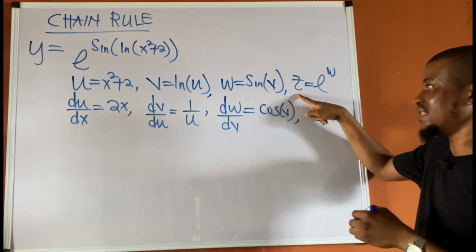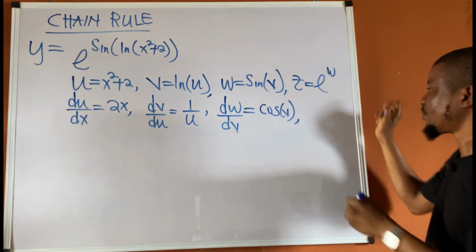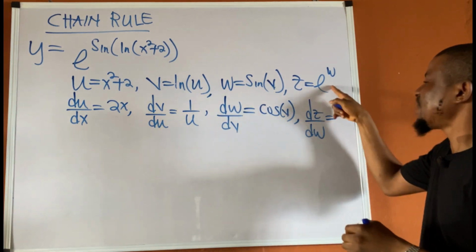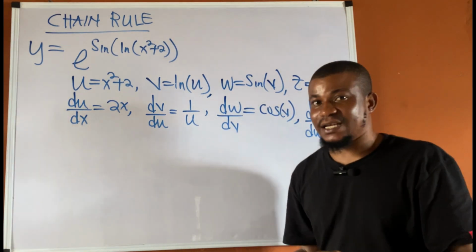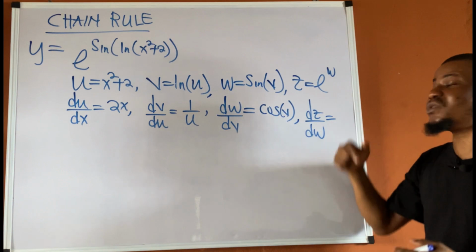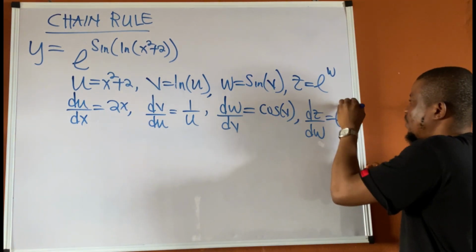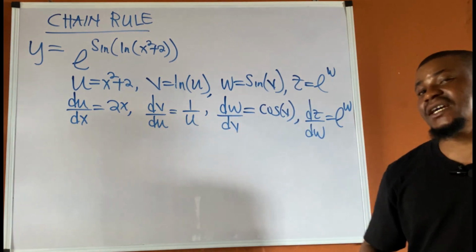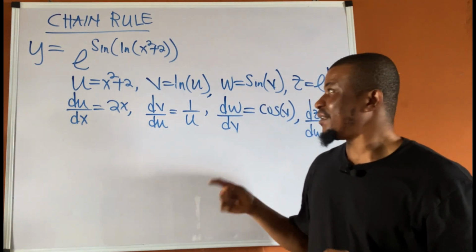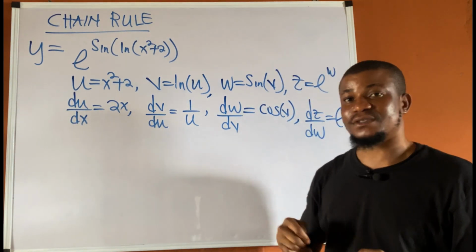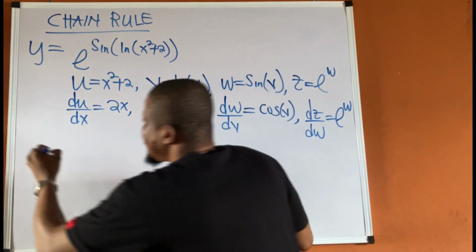Next, I'll differentiate the z with respect to w. So I'll find dz/dw. Differential of exponential x is exponential x. So differential of exponential w will still be exponential w. So I will have exponential w. I've differentiated each of these functions. Now, I can find my dy/dx by simply multiplying these derivatives. As simple as that. So my dy/dx